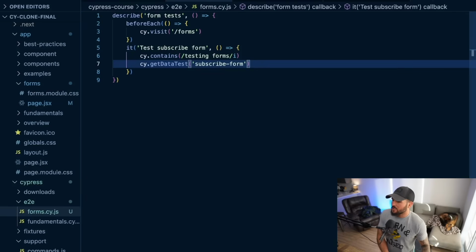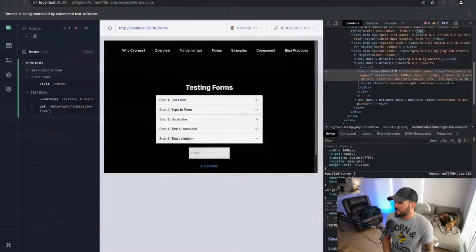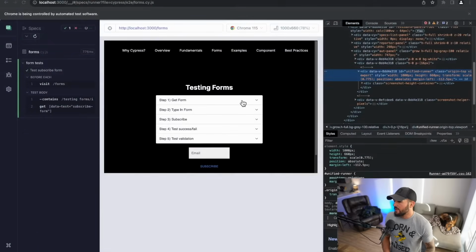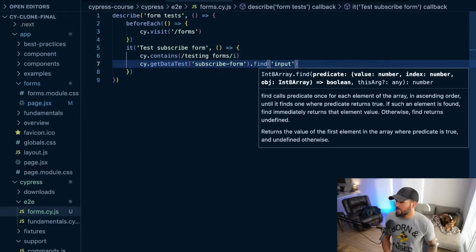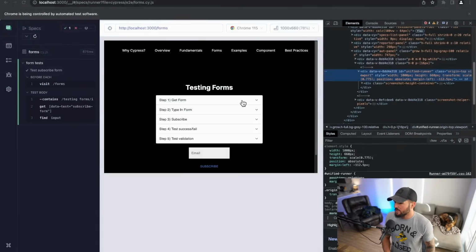And let's just first make sure that that does indeed work and it does get the form. So yes, that does get the form, but now we need to get the input. So I'm going to say .find input. And now let's see if that works. And that does indeed work. So we're getting the input within the form, but now that we've gotten this input, we actually want to type